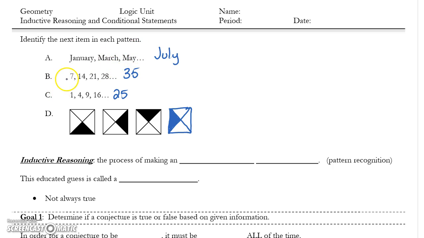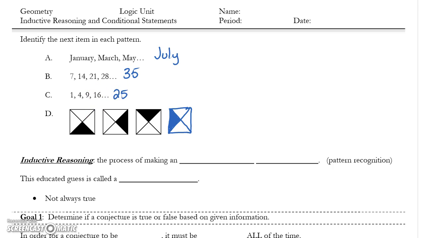In part B, it's multiples of 7. 7, 14, 21, 28, 35 would be next. There's 2 different ways to see the pattern in part C. Some people may have seen that we're adding 3 to the first one, then adding 5, then adding 7, then adding 9. We get 25. That pattern works. The other possibility here is that it's our perfect squares. 1 squared is 1, 2 squared is 4, 3 squared is 9, 4 squared is 16, and 5 squared is